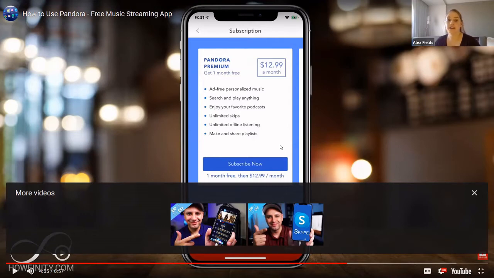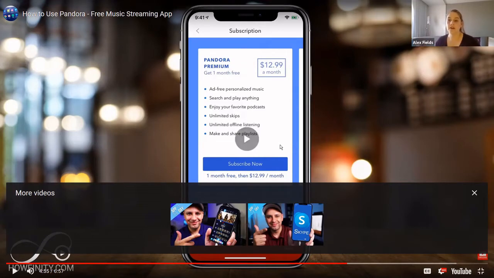In my experience, I found that it hasn't been worth it because it's just a couple ads before your songs really start playing. It's not an ad after every song. It'll probably be an ad after every third or fourth song,